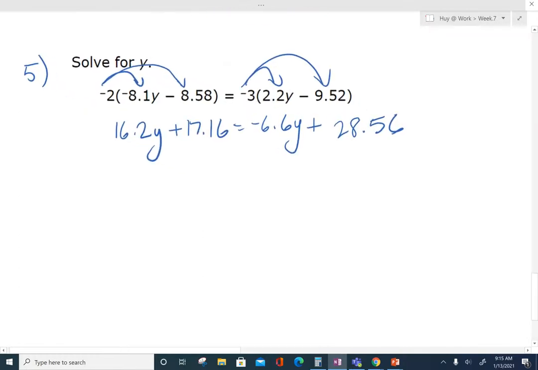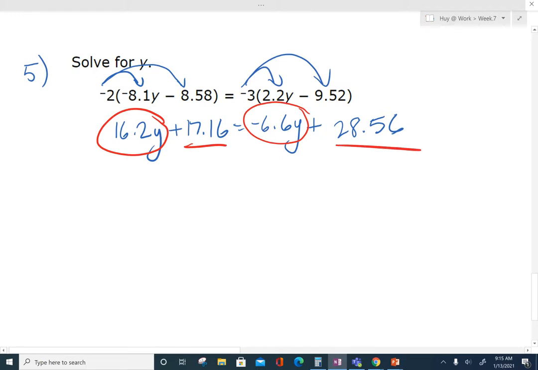So if we look at this, I have a y variable on the left side and a y variable on the right side. There's really no rule to which one you move, and there's no rule to which term you move either,